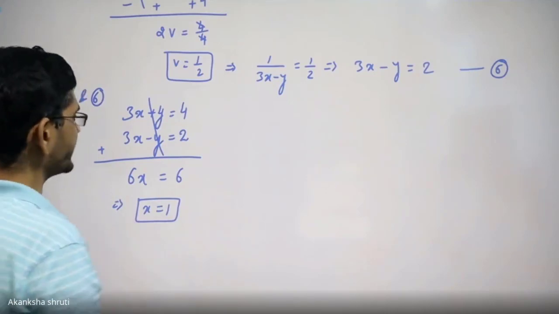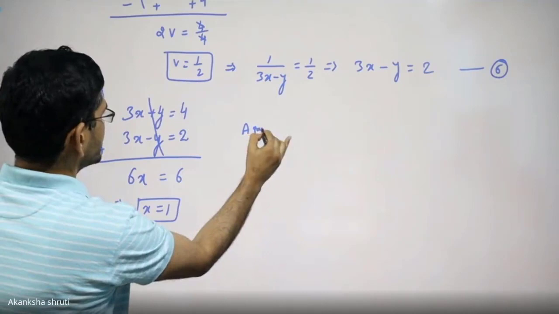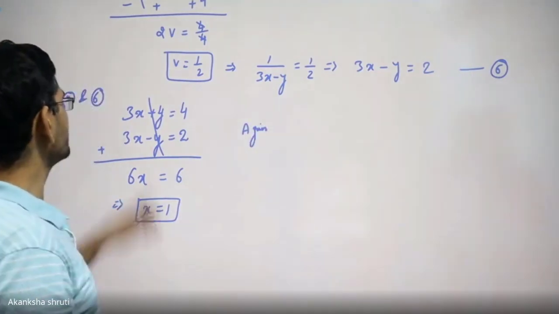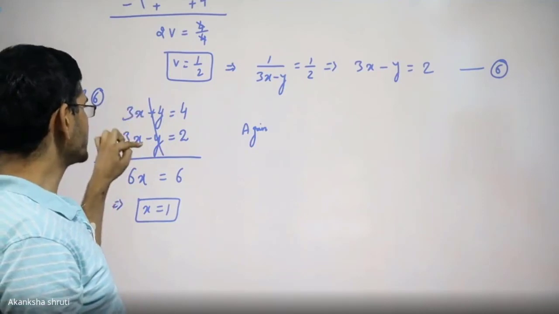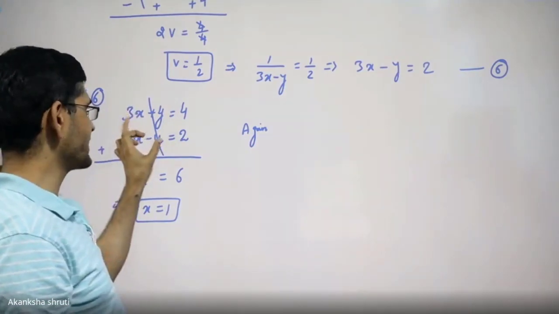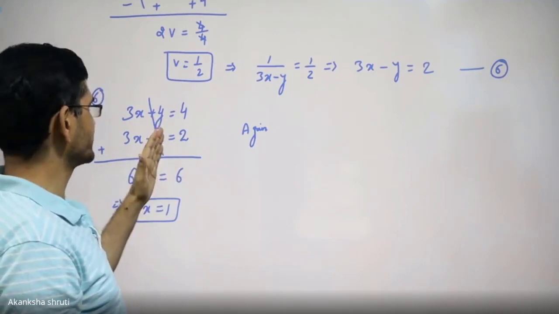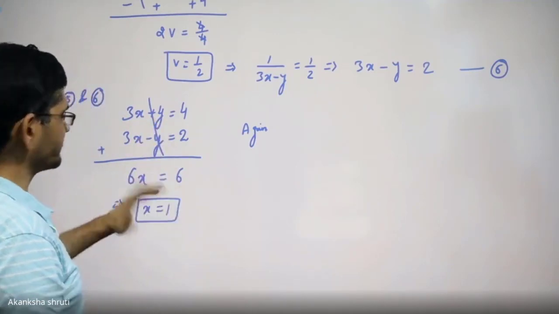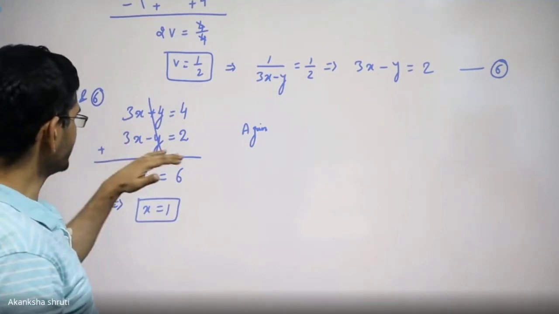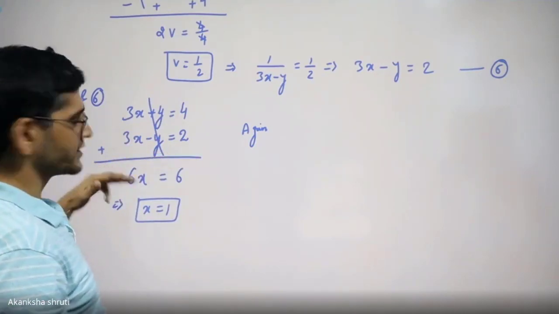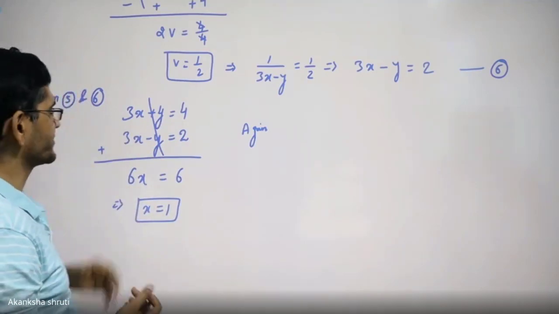Again, for finding y, students, one thing that you have to keep in mind: when x and y have opposite signs between them and the same coefficients, then just once you add it, once you subtract it, you will get x and y very conveniently. Rather than applying the cross multiplication, even this elimination method is more convenient in such a situation. Otherwise, you may go for the cross multiplication also.